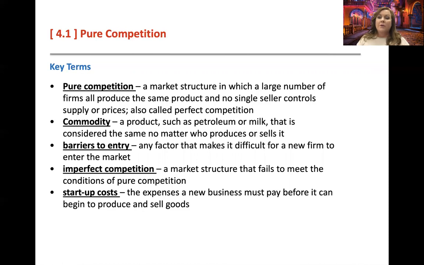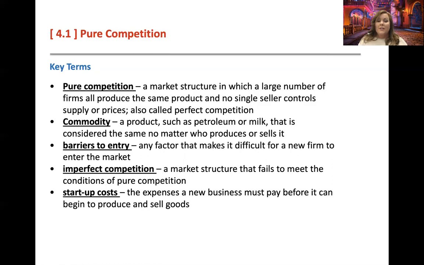So there's a large number of firms and they're producing the exact same product. And usually those are our next term, which is commodity. Lots of people produce gasoline, and gas is gas. Milk, same thing. It's considered the same no matter who produces or sells it. Now, yes, we might have a preference for Shell versus Thornton's, or Purity Milk versus Publix, or vice versa. But if you're in need of milk, you're going to get milk, regardless of what the brand name is. Same thing with gas. If you're on empty, you're going to stop at the first gas station.